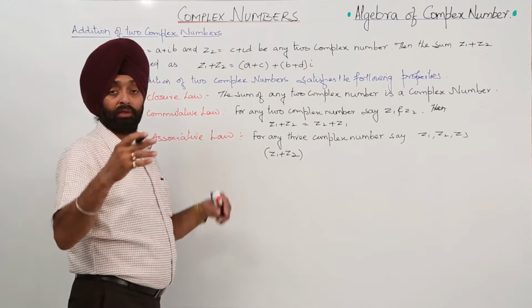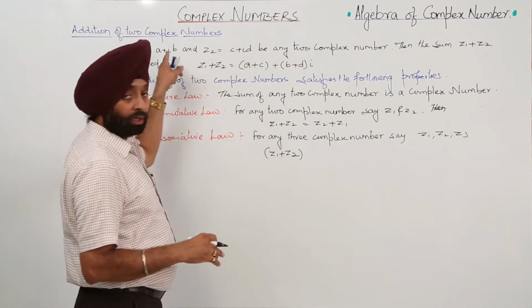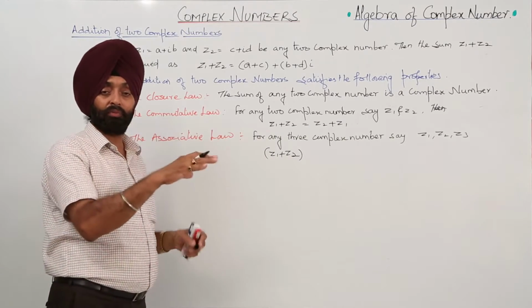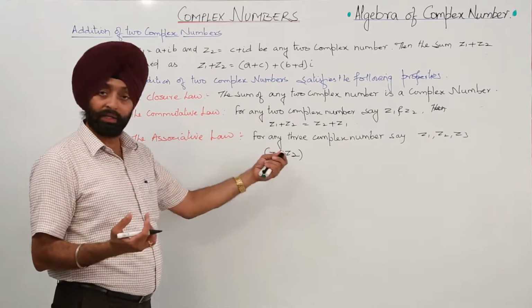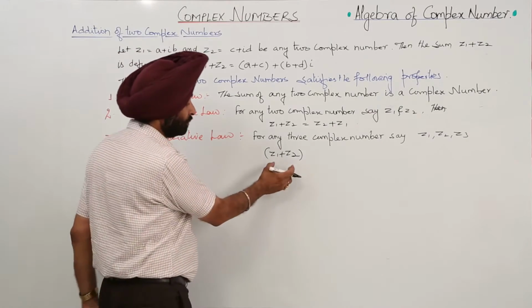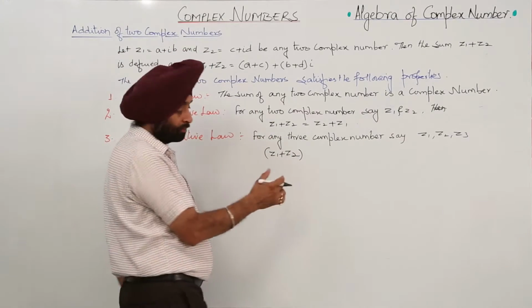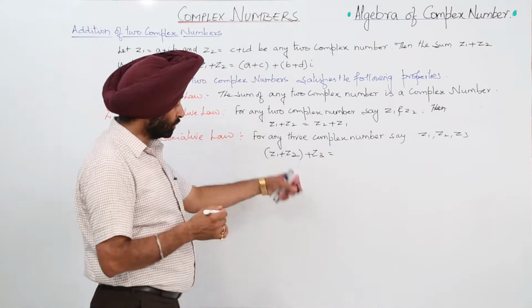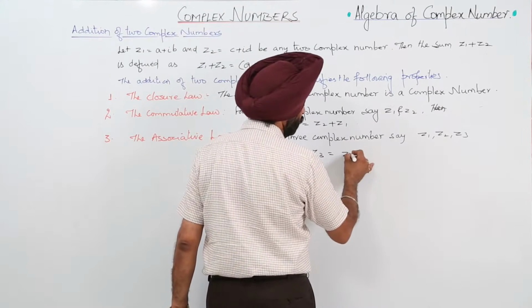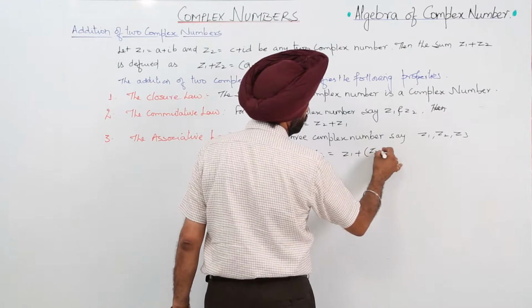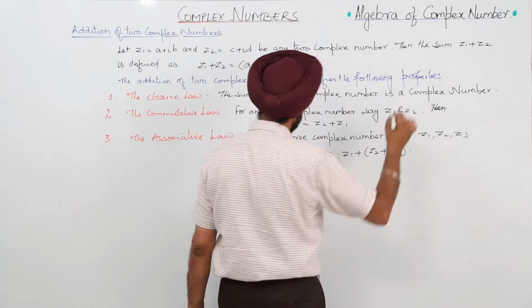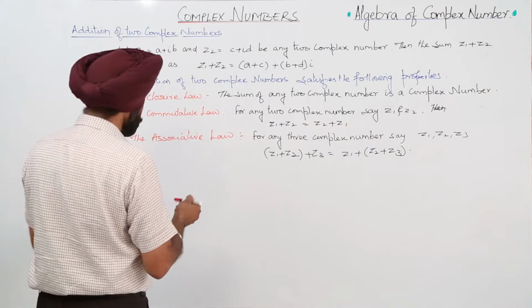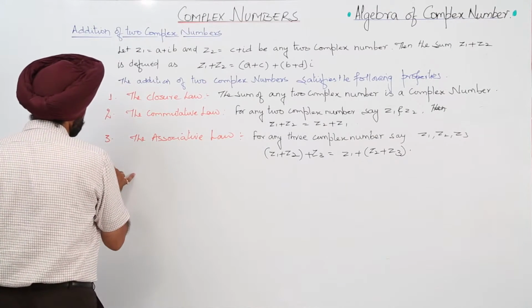Indeed, verbally you can do it. You can just add the three parts. Suppose we are having three complex numbers, you can add three real parts together, but in written form we can't. We have to do it like this. First of all, you add these two, we get a complex number, and then we add that complex number with the third one. Whatever the result is, that will always be equal to z1 plus the sum of z2 and z3. This is the associative law.